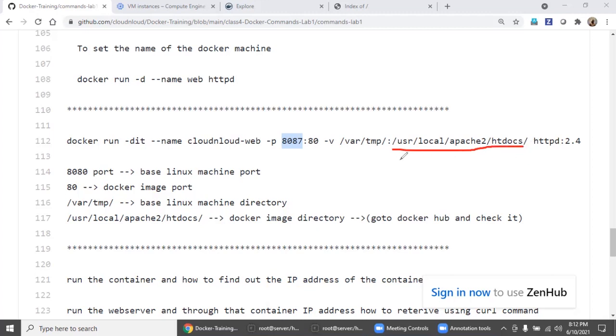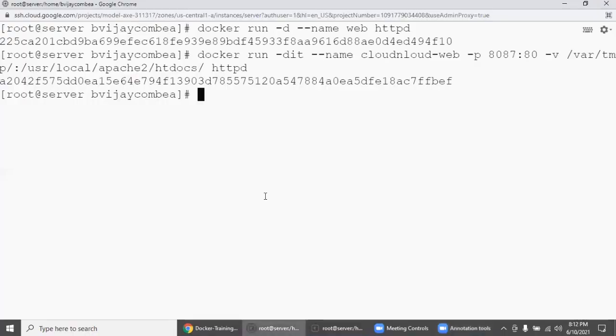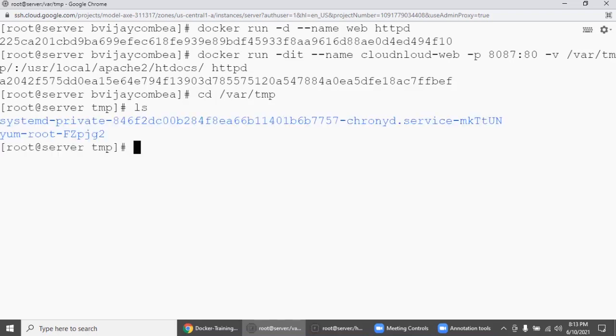Either you can directly go inside the container if you have not mapped a volume, or since you mapped /var/temp, you can directly go to /var/temp. Right now I'm running ls, there is nothing.